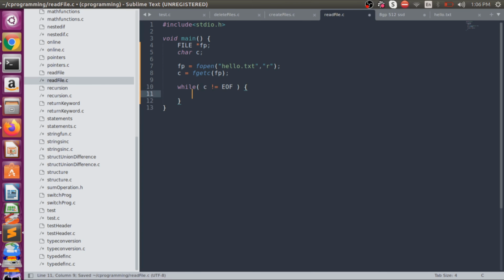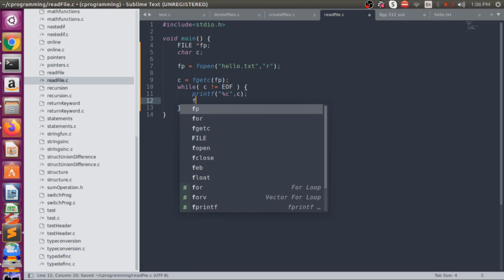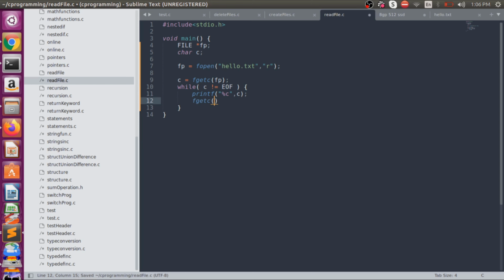So what we will do is printf, with %c for character c. And again c is equal to fgetc(fp). Until we reach the end of file, this loop will continue to print the data in that file. So that is the best way to read any file.